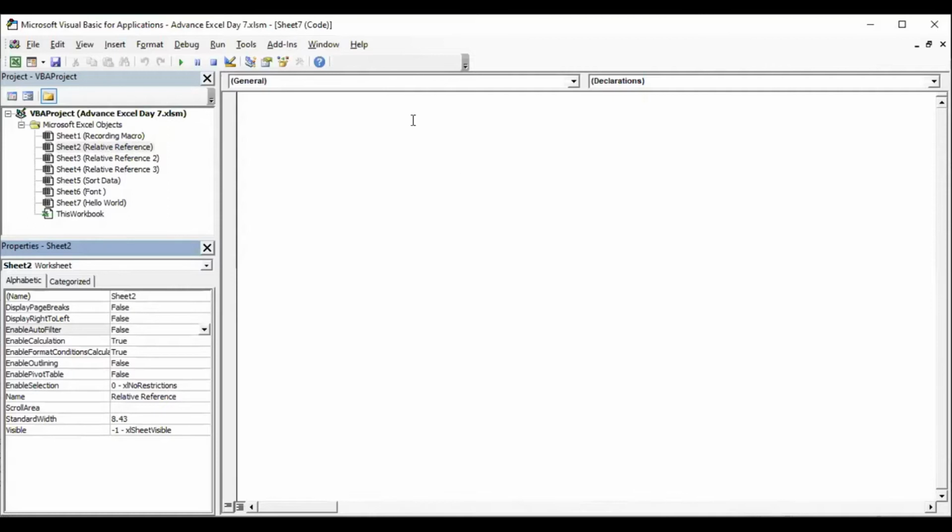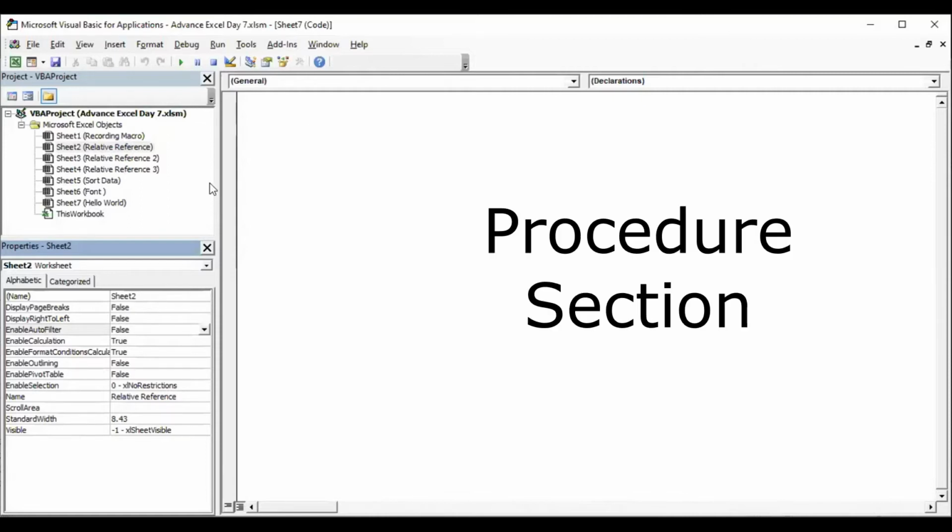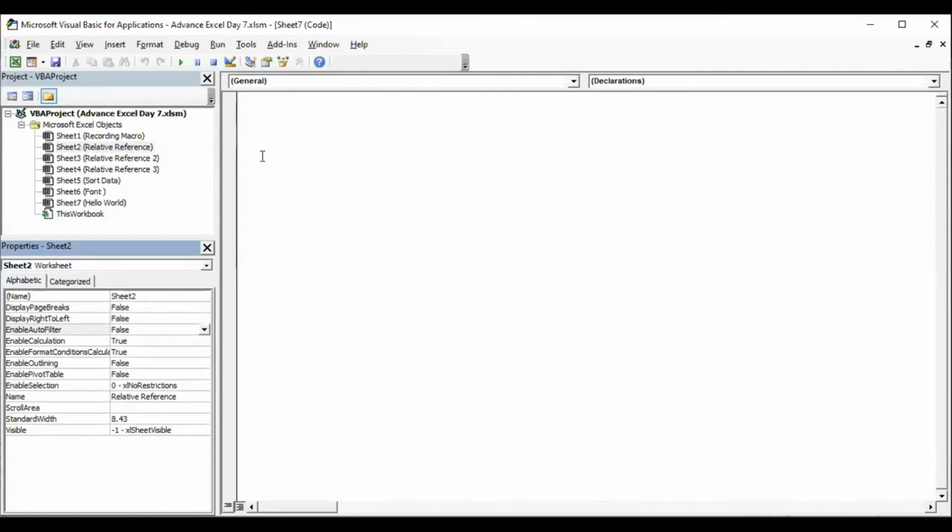This is where we generally do the coding part. When we insert a module, you will find a lot of coding taking place here, or whatever activities we do get captured in that module. For example, we do not have any module here now. Module is where we generally do the coding part in VBA. All the programming or coding will happen in this module, so we are going to insert a module.